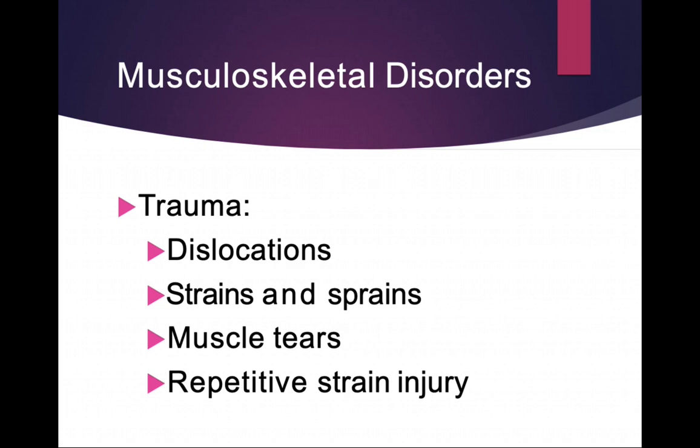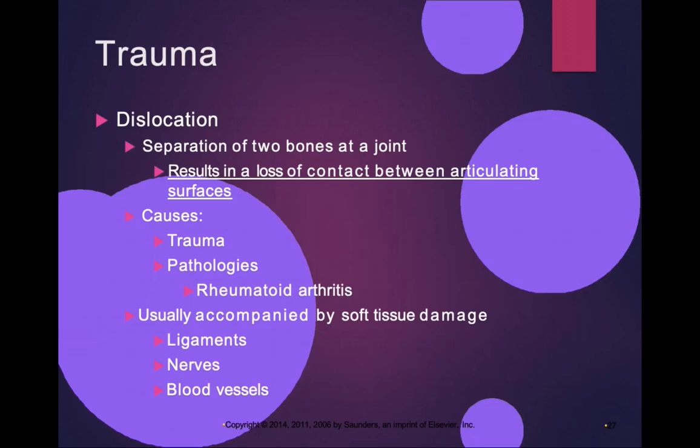Okay, let's talk a little bit about dislocations, strains, and sprains, muscle tears, repetitive strain injury. Okay, this is more on the musculo side instead of the skeletal side. Well, still with dislocation, this is when the bones aren't necessarily breaking here, but there's a separation of the two bones at the joint. And that will result in a loss of contact and good connection between the two articulating